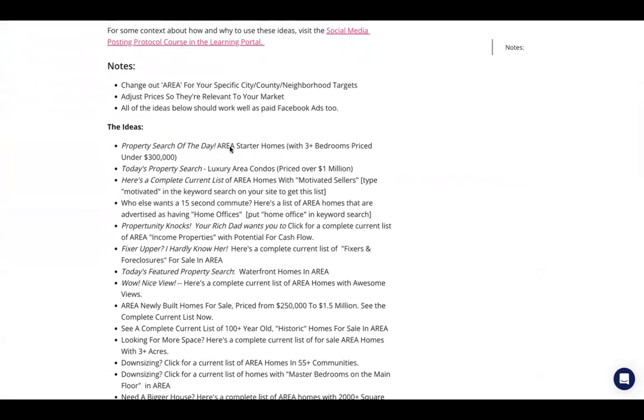This is an easy guide. So think of it as this first one, for example: property search of the day, area, put yours in. Home, starter homes with 3+ bedrooms priced under 300K. If the price doesn't reflect your market, then put in the right price. So here in San Diego, I would say property search of the day, San Diego starter homes with 3+ bedrooms